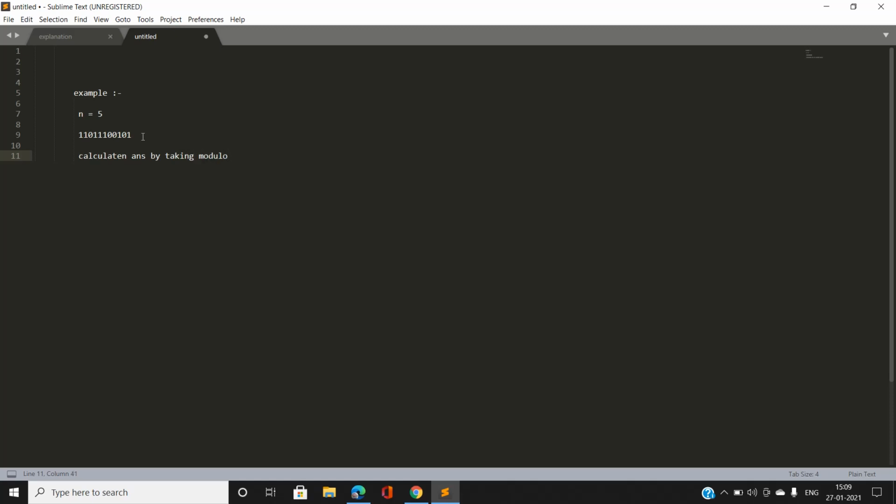Now one thing you can notice is that we can calculate this answer by starting from n equal to 5 and decreasing n every time by 1. Suppose we are calculating for n equal to 5. Our binary representation of 5 is 101. And for n equal to 4 we have 100. So what we are going to do is append 100 to the front. But by doing this we are going to iterate from 1 to n,